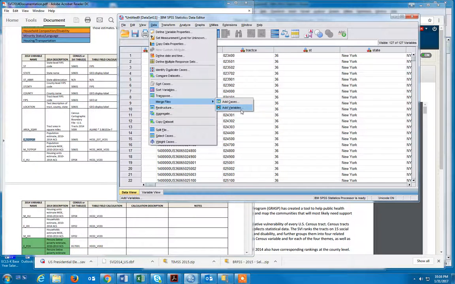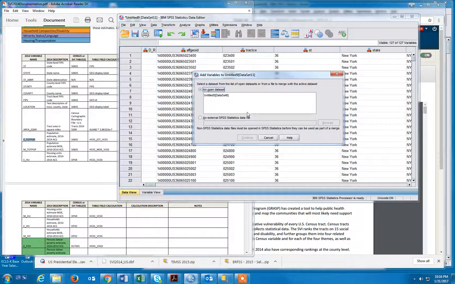And again, the reason for that is last time we were adding, we had the same variables but different cases. This time we have the same cases but different variables. And so I want to add variables here. And again, the case in this situation is county in the United States. So I'm going to say add variables, and it's going to ask where do you want to add variables from. Now I have another data file that's already open, but there's nothing actually contained there. So what I'm going to do is say actually I need to open up an external data